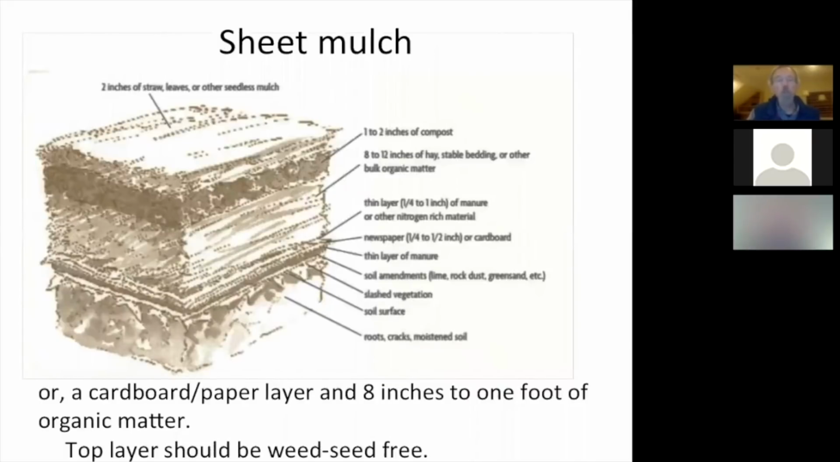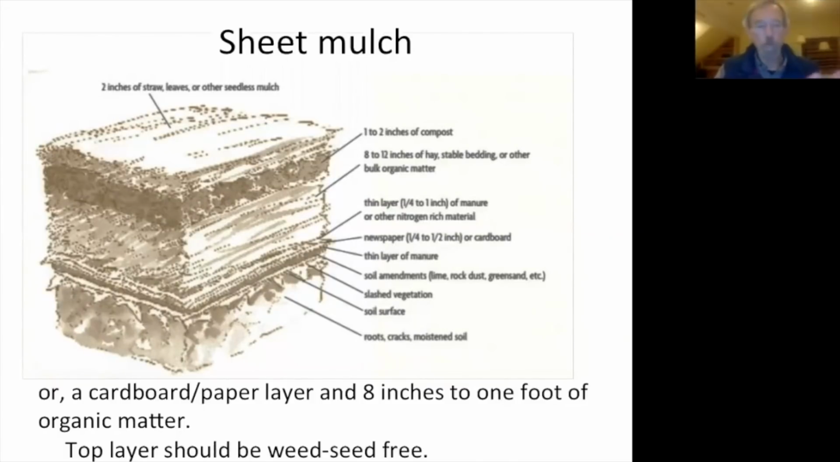Then sheet mulching. This is a photo drawing from Gaia's Garden, and it's what I call an ultimate bomb-proof sheet mulch because it's got like everything under the sun in it. You don't have to get that fancy. You can get as fancy as you want. You can use any of this, half of these ingredients. The two key ingredients are simply a sheet, as in cardboard or thick layers of newspaper, a quarter inch or so of newspaper, and then 8 inches to 12 inches of some kind of organic matter, like wood shavings or